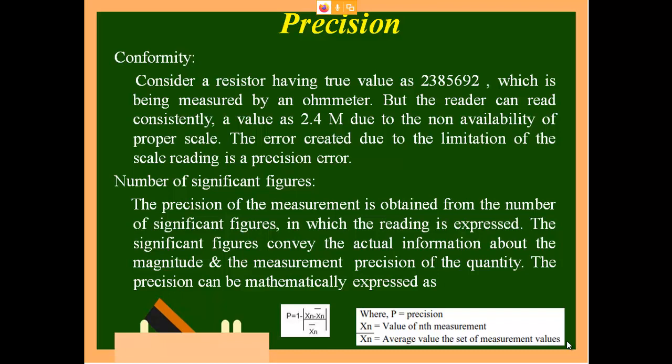From morning till evening, whatever values are shown by that particular meter, you will take an average of it. If you subtract it from the value of measurement and divide by the average measured value, you get precision. So it should always be 0. The value of xn minus xn bar divided by xn bar should be 0. If it is 0 only, you will get a precision of 1, because the formula is very clear. It is 1 minus the magnitude of this.